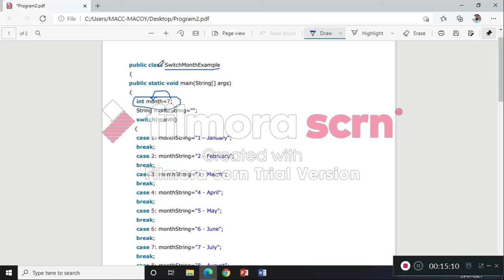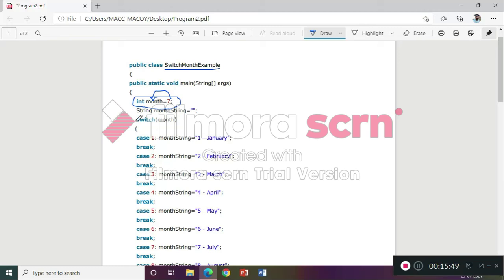Okay, after that public class SwitchMonthExample, write anything, public static void main String args. After that Scanner in is equal to new Scanner(System.in). After that int month. We are not supposed to initialize the value then. We are supposed to ask the user System.out.println, please enter a number. Then the user will enter a number. After that month is equal to in.nextInt. This type of program I have prepared a video, and I had already displayed this type of videos in our YouTube channel. Hope you have already gone through all those videos, right?